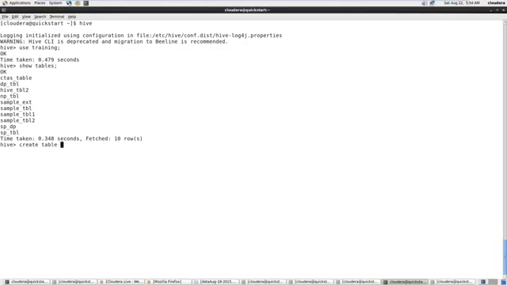So create table, we are going to do AS, so create table name sp, and then we can also specify a different location for this. Let's go ahead and do that. Location user Shiva,